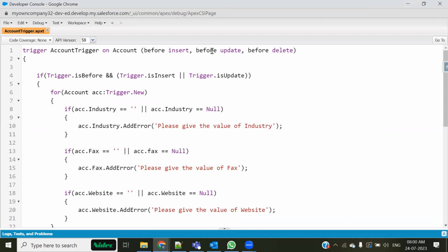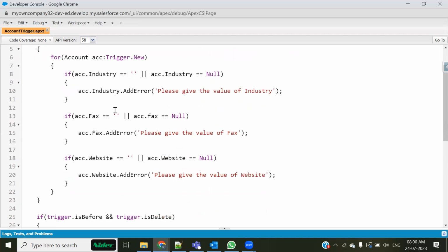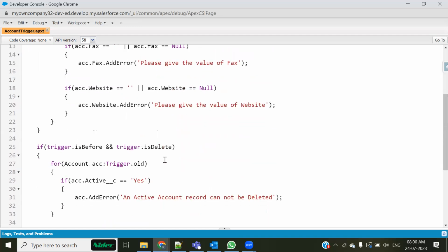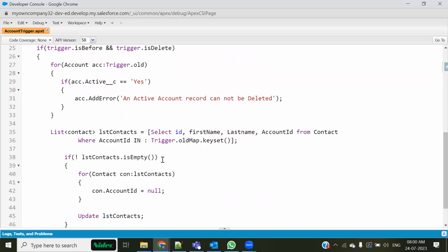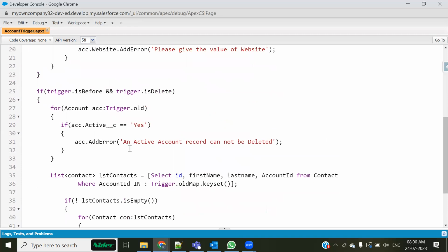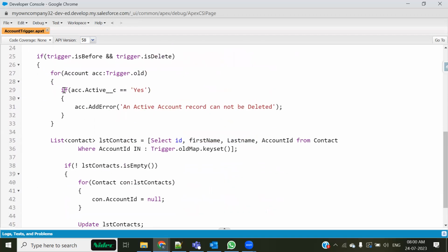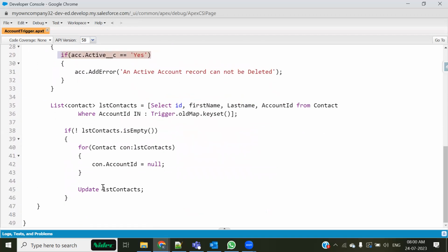Okay, so before insert, before update, and before delete. It's a before trigger, first of all, and it is applied on these three events. If it is before insert and update, it is making all these fields mandatory. Then for the delete part, if you're trying to delete, there are two things. If your account is an active account, it is stopping you from deletion. And while deleting,